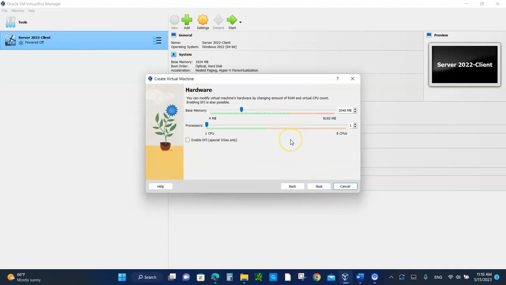All right, the minimum requirement to install Server 2022 is really 500 megs, half a gig. So we're going to slide this over. We need to reserve 1 gig. 1 gig is plenty. I only have one processor. So I have 8 gigs of RAM on my host machine, and I'm only going to reserve 1 gig of